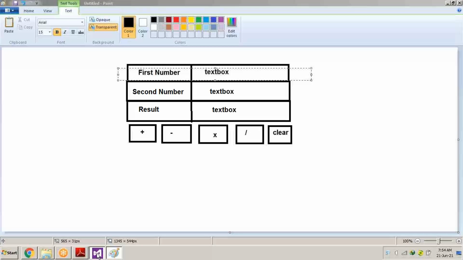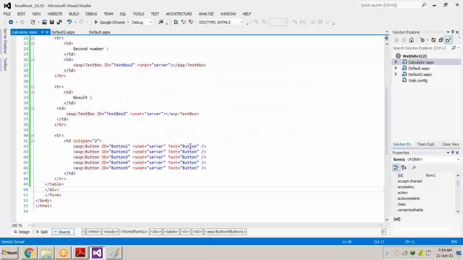Now, every text of the button, remember you don't have to change the ID of the button. You can see the ID of the button, and also the ID of the text box. These IDs will be used inside the server side coding, because if we do some coding on server side, whichever control we use, we have to give the names. So these IDs are the name of this particular control.